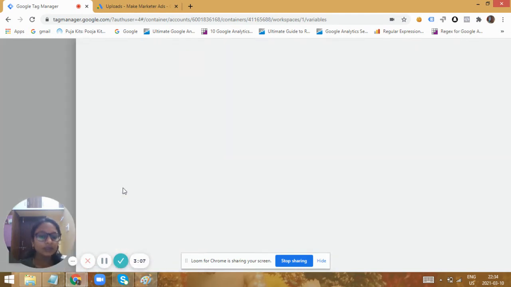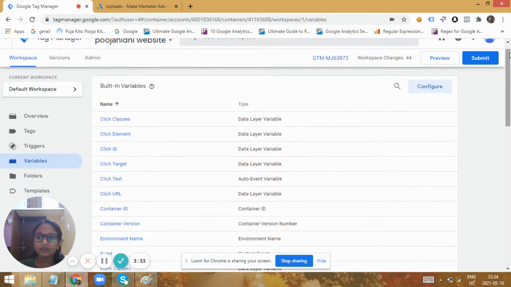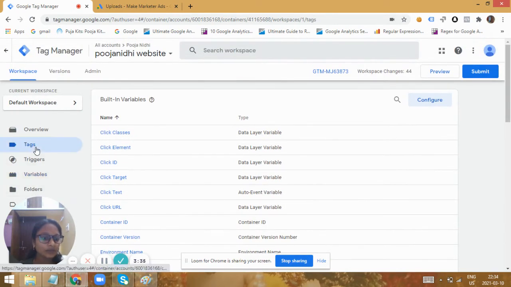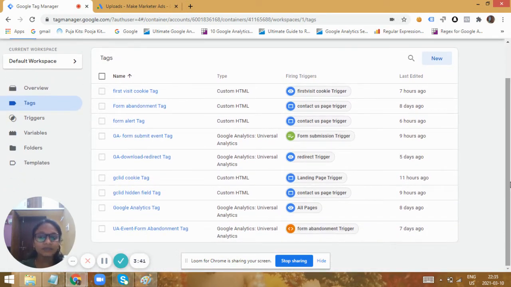Later on, in order to capture the value of the GCL ID, we need to drop a cookie on those users who come to our website by clicking on an ad. The GCL ID will be stored in a cookie dropped on that particular user, and the user could be identified to that particular ad click by using this GCL ID value, and then further mapped in the CRM and also sent in the offline conversion tracking report to Google Ads. For that, we need to send the GCL ID in the form of a hidden field that is included in a lead form. Here we have a lead form in our contact us page.